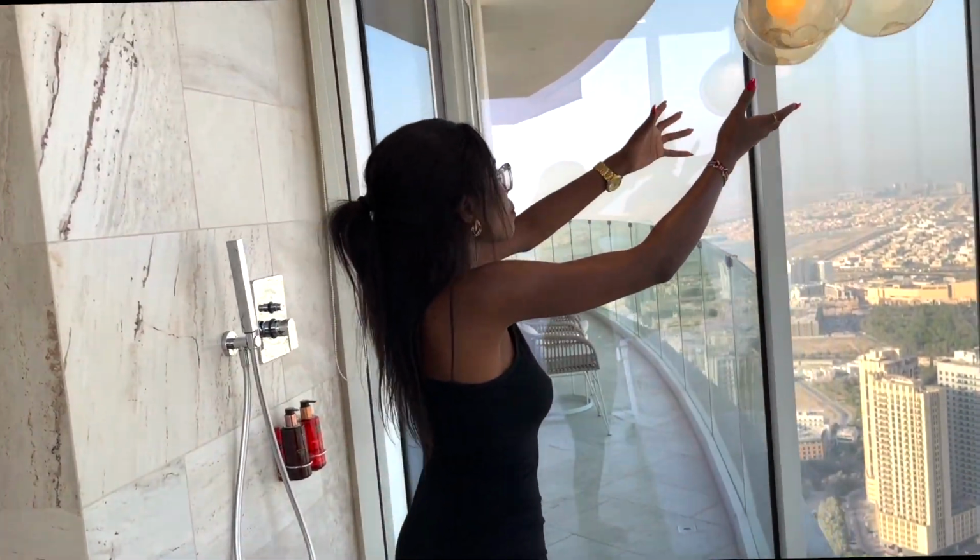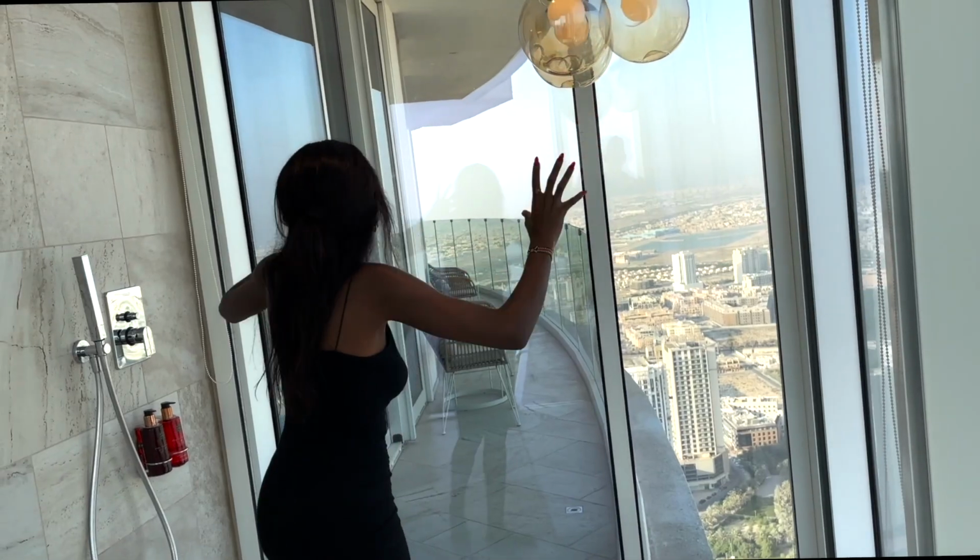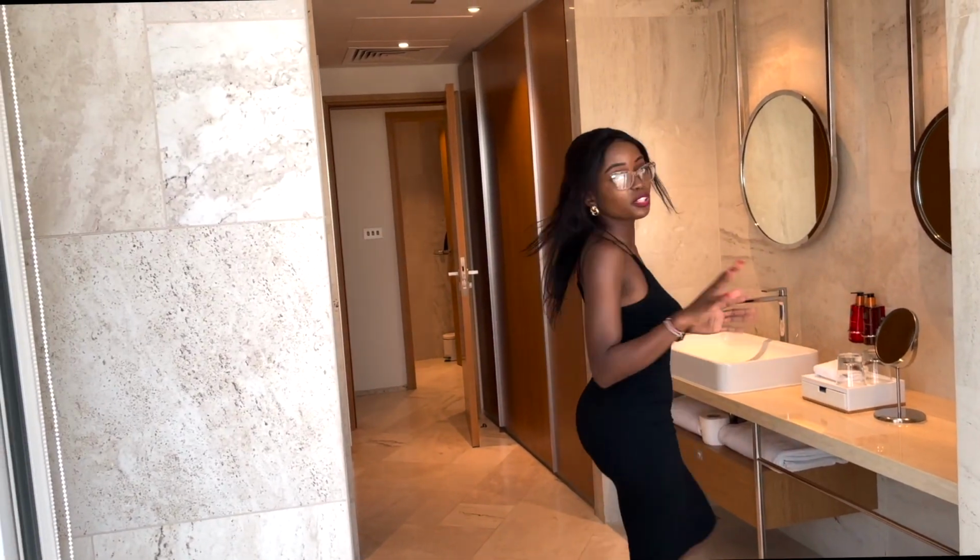We have these really beautiful lights. I don't know if you guys have noticed them. So at night it's going to pop out. We'll show you during the night how it